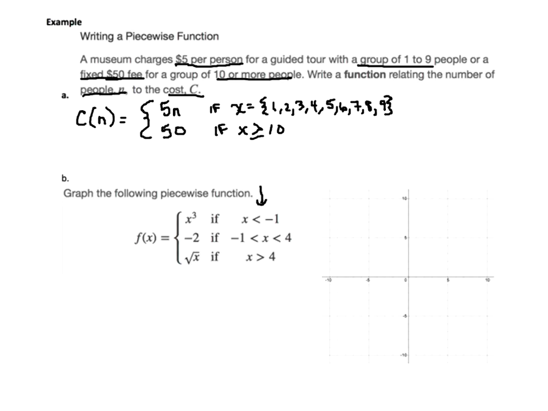Okay, let's finish this lesson off by graphing this piecewise function down here at the bottom. What I always do when I am hand graphing a piecewise function is I give myself what I call domain barriers. So this first piece of the domain is going to go from negative infinity all the way up to -1. So that's my first barrier. I have a barrier where I'm going to switch my functions at -1.